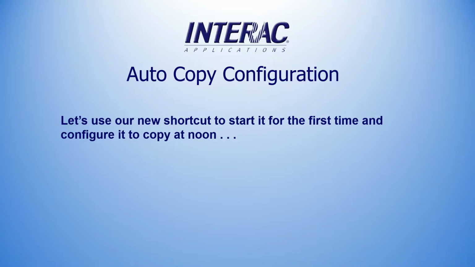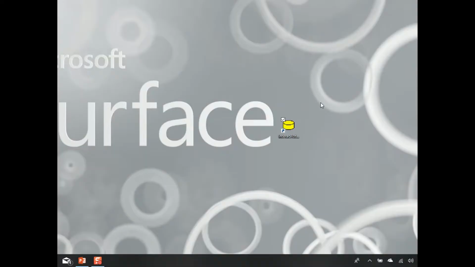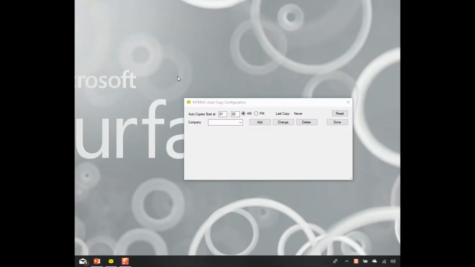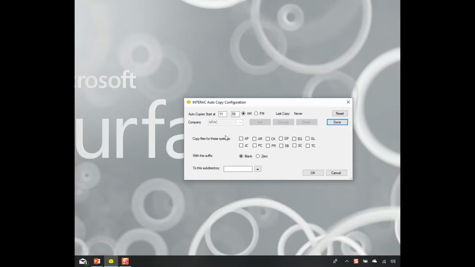Let's use our new shortcut to start AutoCopy for the first time on the system and configure it to copy at noon. The very first time you run it, it's going to open a configuration window, and I'll click on the icon. And here's our configuration window. I'm going to tell it to copy at 11:59 AM and to copy it for this company, our 4-character ID, and I'll click Add,